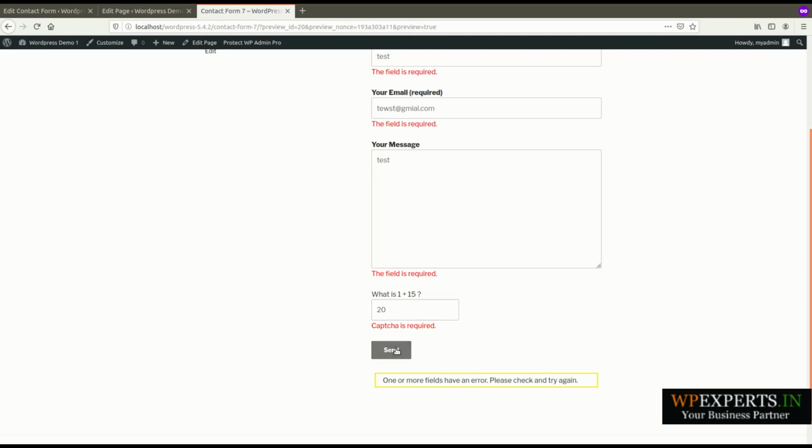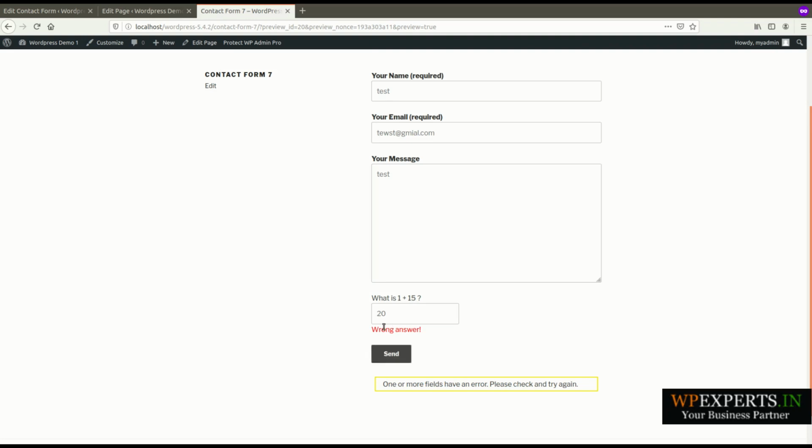You can see it shows wrong answer, and the captcha value also changes. Let me try to give a wrong answer again. It's showing wrong answer. Now let me give the right answer.